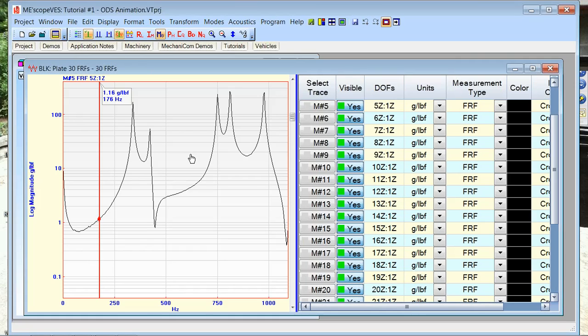But I could also have measurements in ME'scope that are just outputs or just inputs or both. In this case, this is called a cross measurement because it's between 2 degrees of freedom. That's what we have over here, 2 points and directions. And it's an FRF with units of response divided by input force. So these are very special. Let's go ahead now and